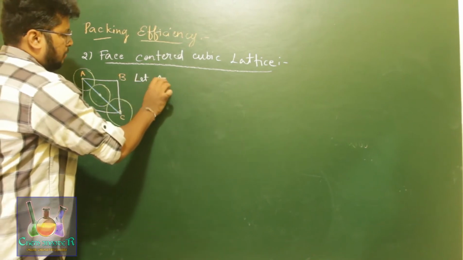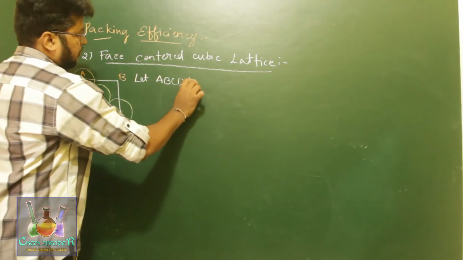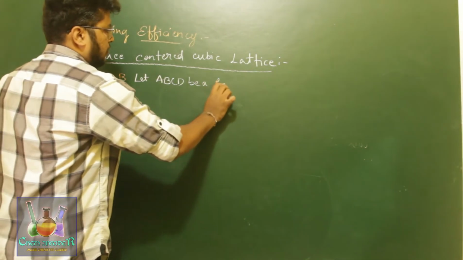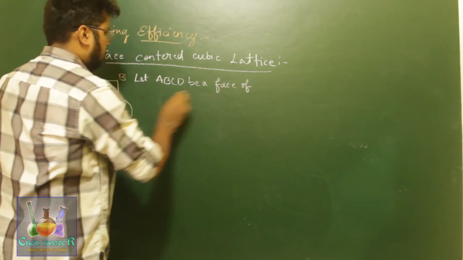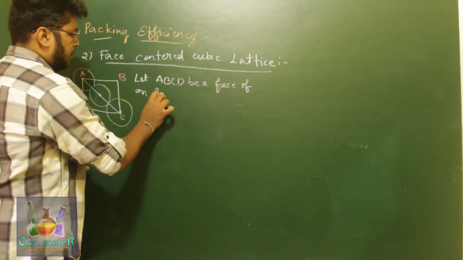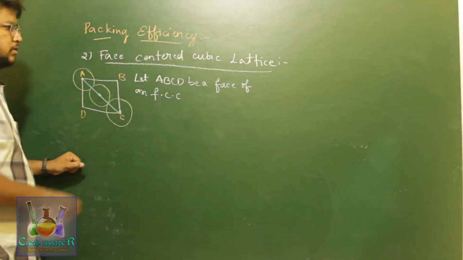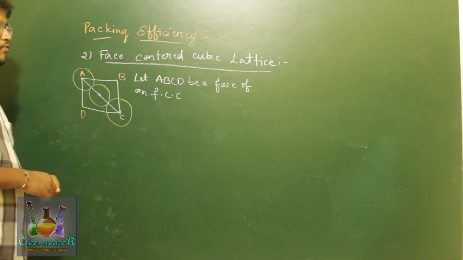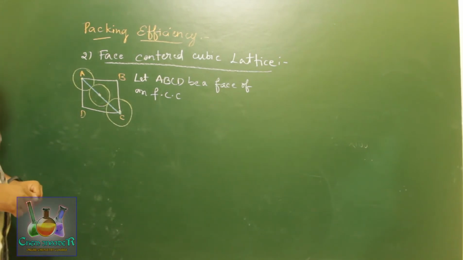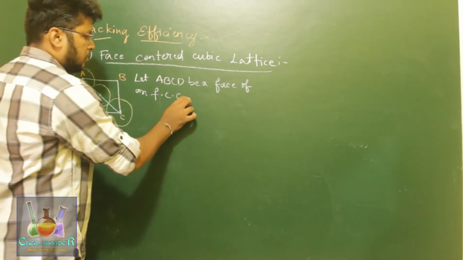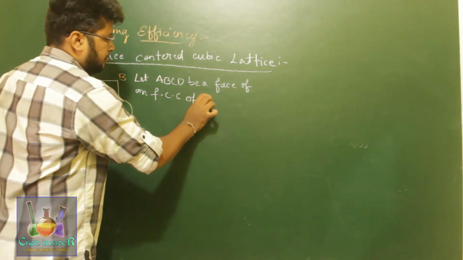Now let us consider what we have taken. Let ABCD be a face of an FCC lattice. FCC means face-centered cubic lattice. Let ABCD be a face of an FCC of edge length